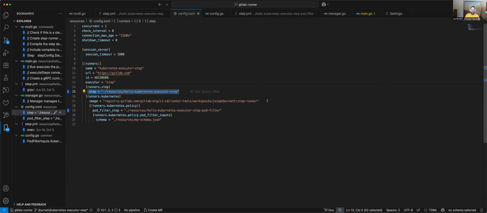Now notice there's this additional configuration that I put in here called runner policy, runner Kubernetes policy. This is a configuration specifically for the Kubernetes type executors. And I gave it this thing called a pod filter step. Now, this is a step that is responsible for enforcing policy on pods. So there's this dilemma that we run into where users want to configure all kinds of things about Kubernetes and the environment and add things